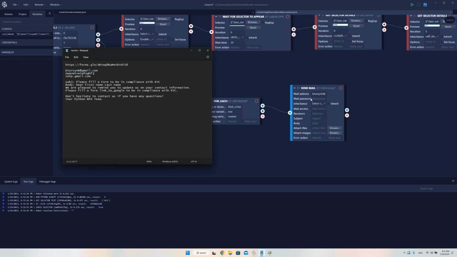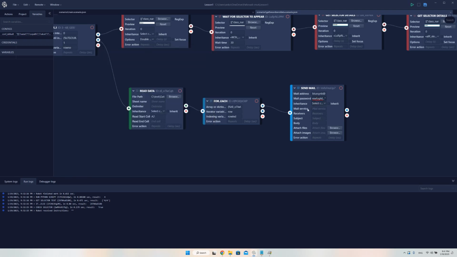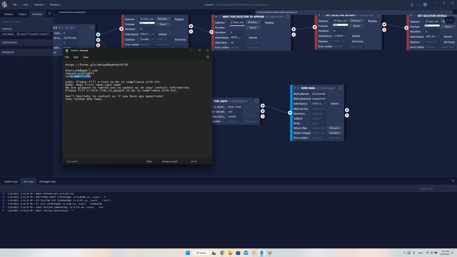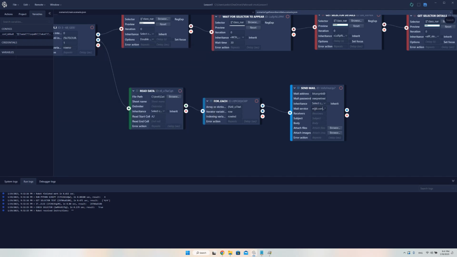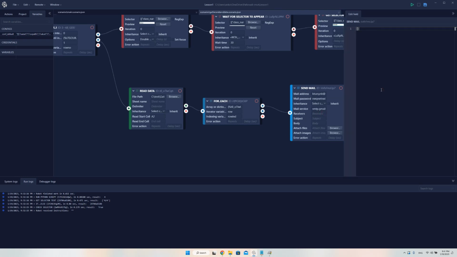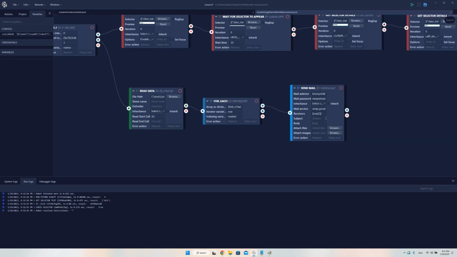You may find detailed information on how to find it in the send email lesson. Next, we add the SMTP server address. In the receivers field, we enter the variable we have created earlier, the raw variable with number 2 from the